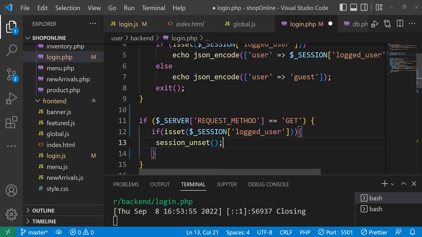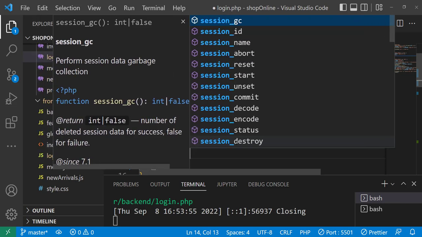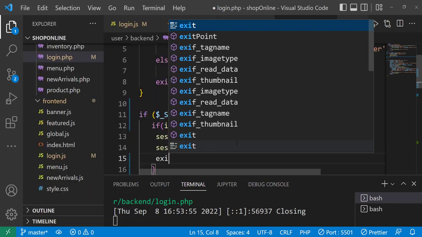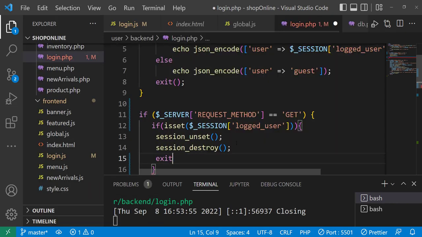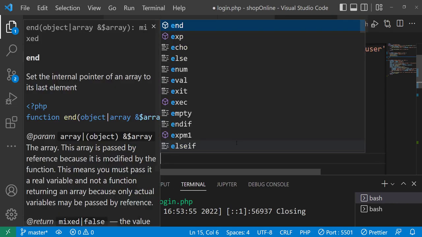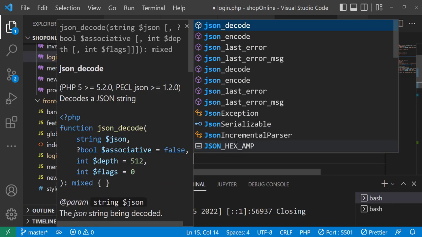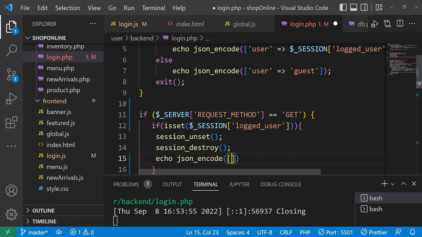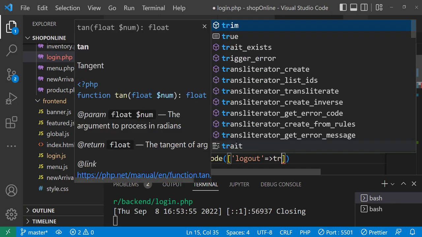This is going to unset all the user defined session variables as well as the PHP session ID. Now we can destroy the session. So session_destroy, and then echo json_encode and pass an associative array, logout and its value set to true,